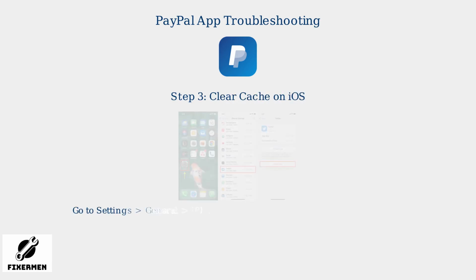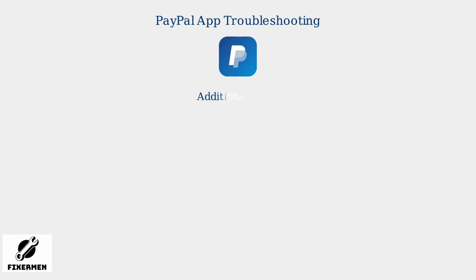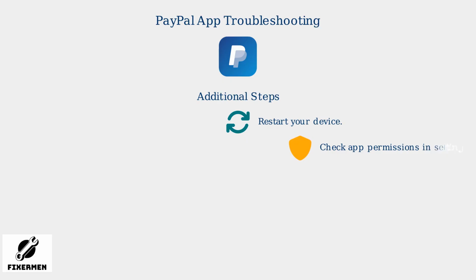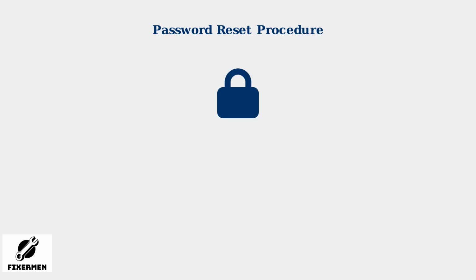For iOS devices, manage storage by going to Settings, General, iPhone Storage, find PayPal, and either offload the app or delete and reinstall it. Additional steps include restarting your device, checking app permissions in Settings, and reinstalling the app if the problem continues. If you're still unable to log in after trying other troubleshooting steps, it's time to reset your